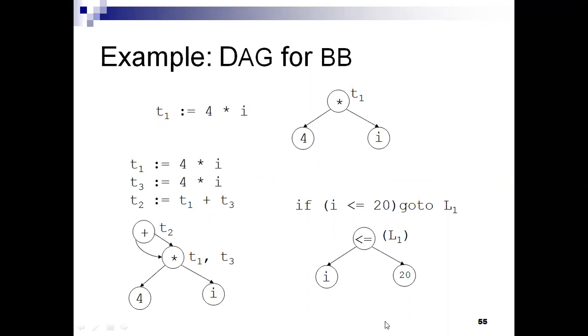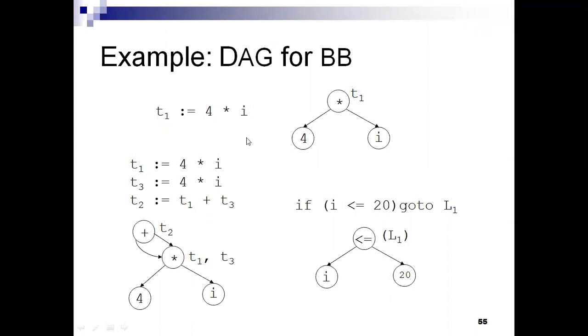And if you have an if conditional statement like this, how do we write the DAG representation for it? If I less than or equal to 20, go to L1. The operators are the interior nodes, right? And what are the external nodes? Variables, constants, or identifiers, whatever they may be. Those all come under the external nodes. So this is label L1. What is label 1? I less than or equal to 20.